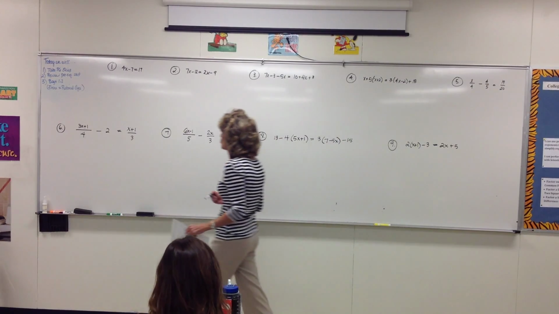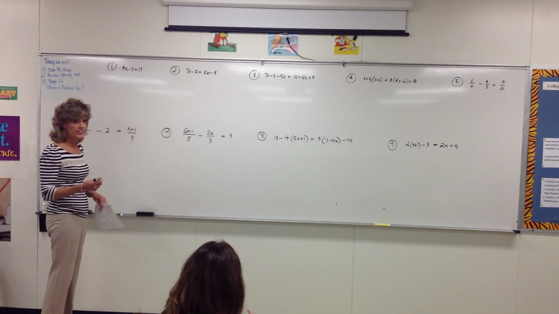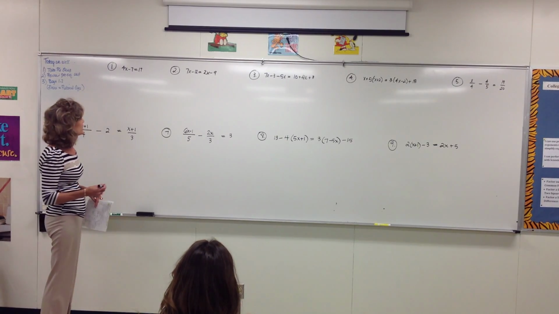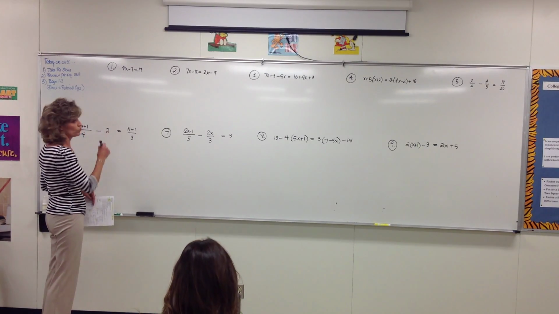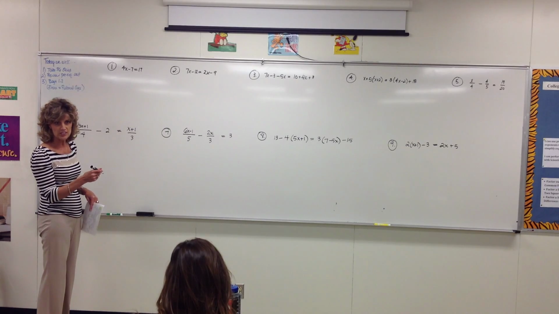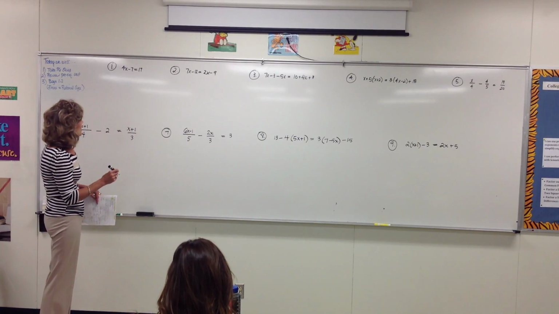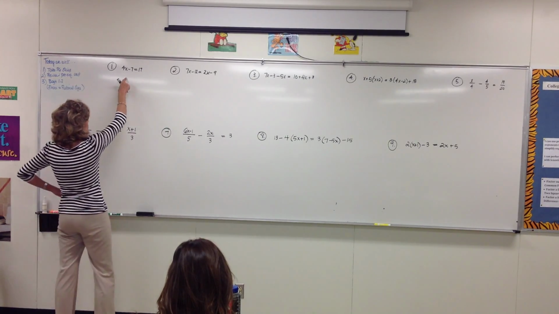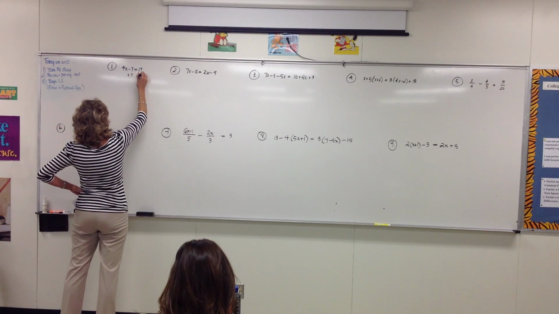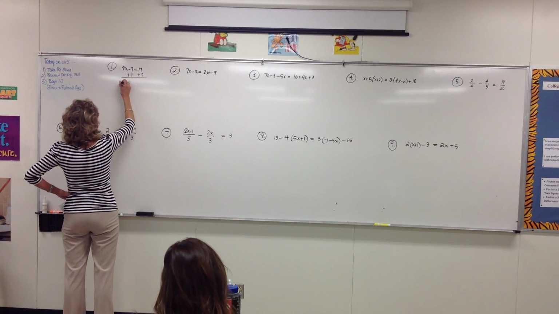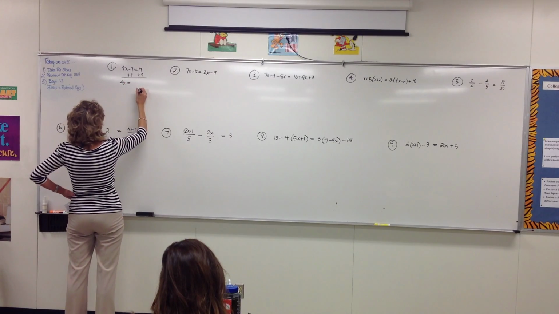So on number 1, this is a simple linear equation. It's linear because there is no exponent other than the understood 1. So to solve it, you've been doing this for a long time. We use opposite operations. Undo subtraction by adding 7. Whatever we do to one side, we must do to the other. And so then we have 4x equals